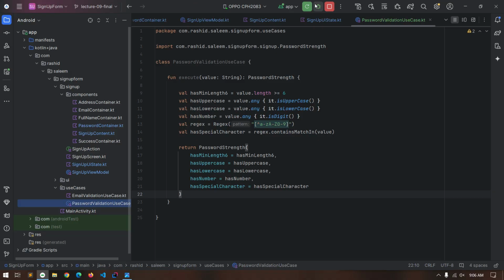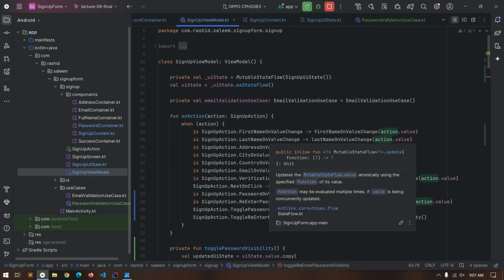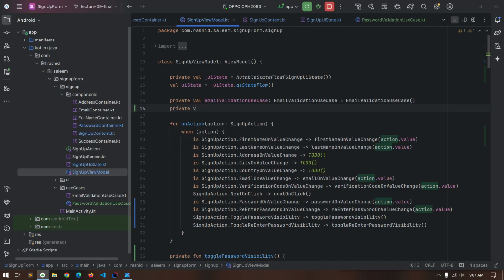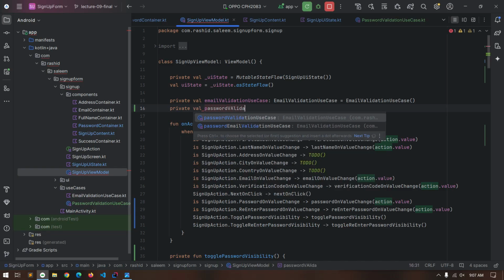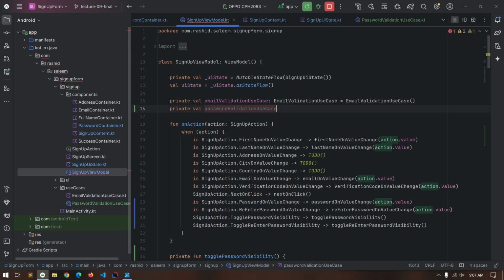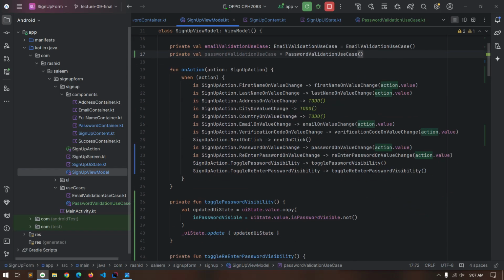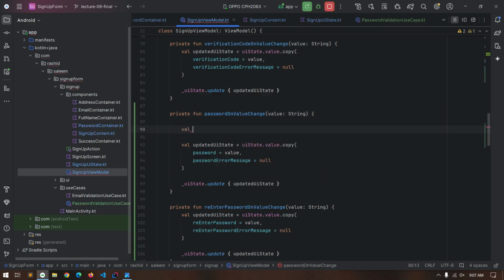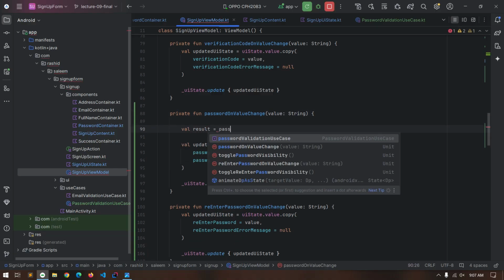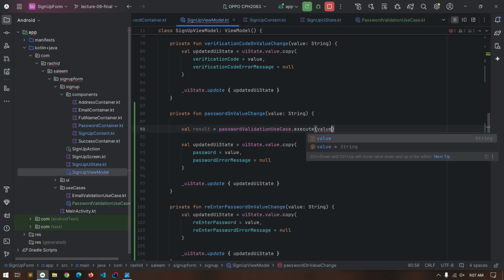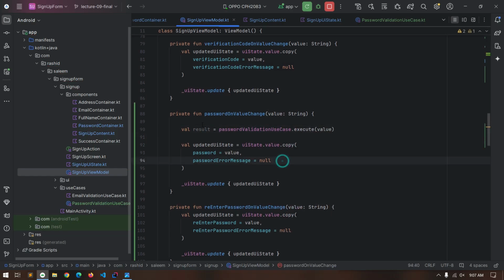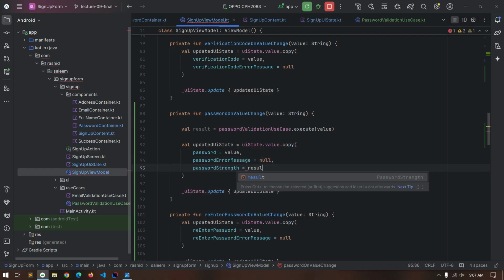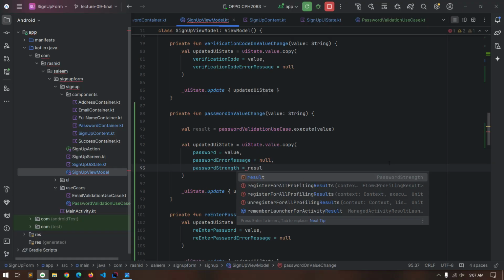Now in our view model, here we create an instance of this one. So private val password validation use case. Okay, and in password OnValueChange, here we run this validation. So result is equal to password validation use case dot execute, pass value in it, and also update that information in the UI state. So password strength is equal to result which contains password strength. Press enter,